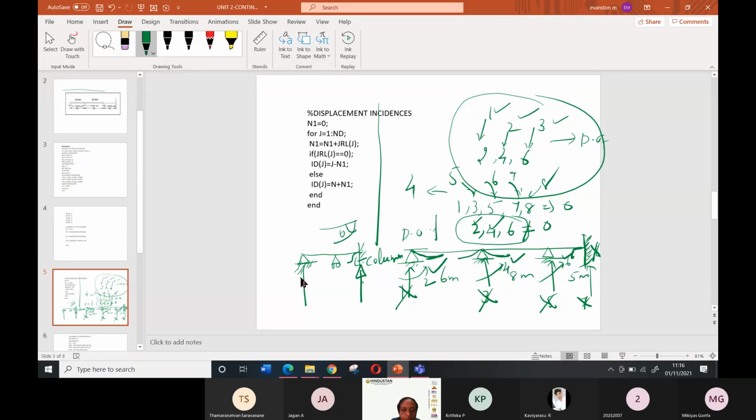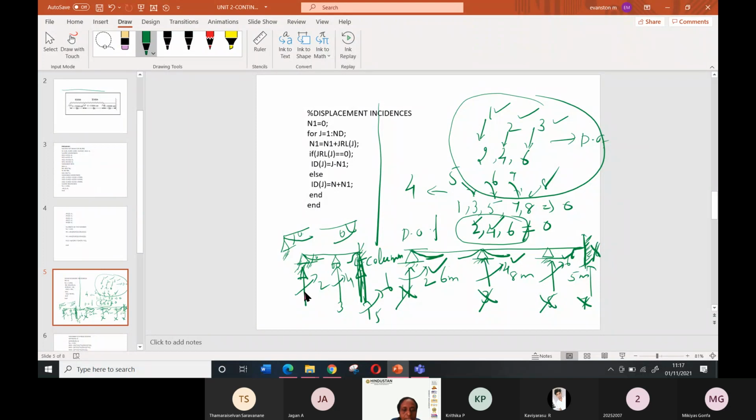So this wall will not allow the beam to deflect in the downward direction, but it will rotate. This end will, because the beam is supported on a hinge support, it will allow rotation. So theta is the rotation. Whatever is not allowed, I will number like this: 1, 2, if I take this is 3, this is 4, and this is the fixed support, 5 and 6.